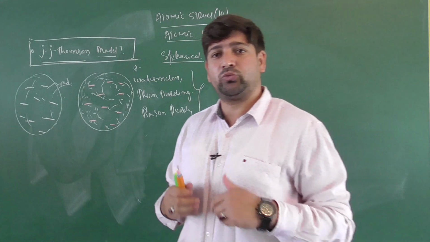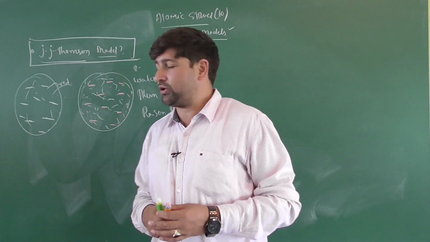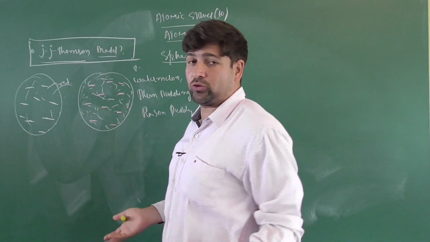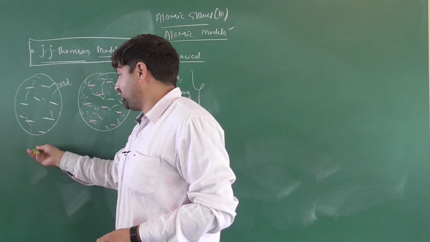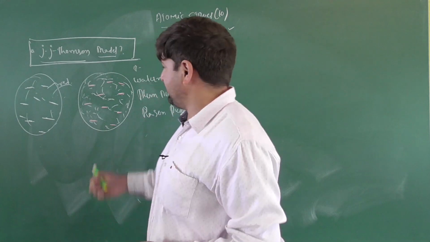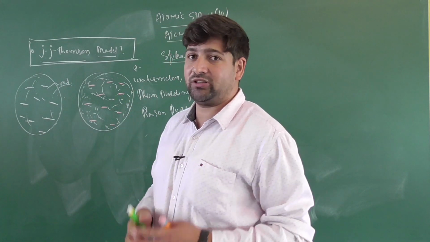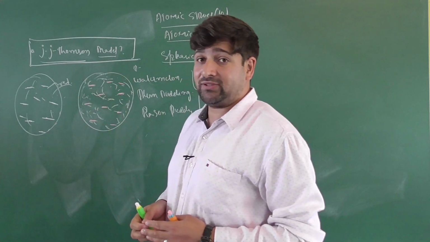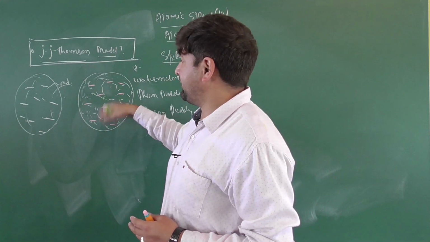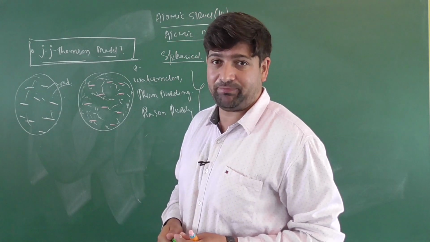So the concept is that we know, like excitation, there is no question of excitation in this at all, because there is no question of orbits itself at all. So you cannot say an electron can be excited from one energy level to another energy level. In J.J. Thomson's model of an atom, there is no concept of energy levels as well. So we cannot talk about the excitation and emission of the electrons respectively. Is it clear or not?